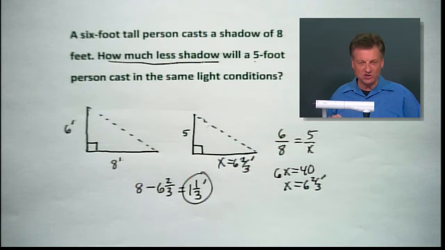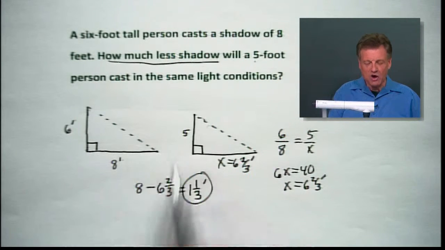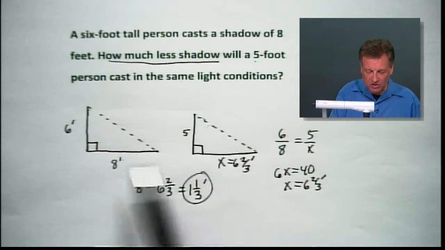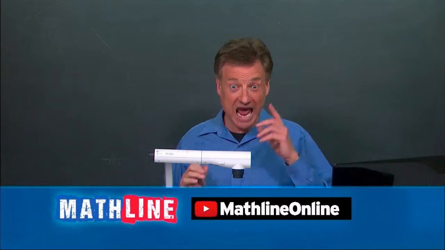Now, someone's going to ask, could we have done 6 minus 5 and played the same game? I'll let you figure that one out. That one's a little bit tougher to answer because we really don't know what the change is here, do we? So we have to go here, then subtract it, and that, folks, is how you keep up with the proportions